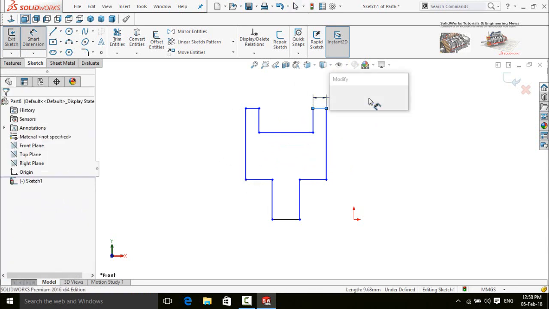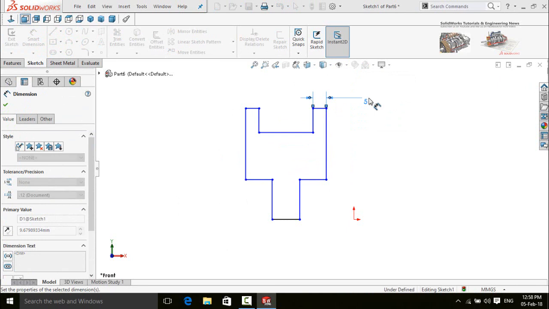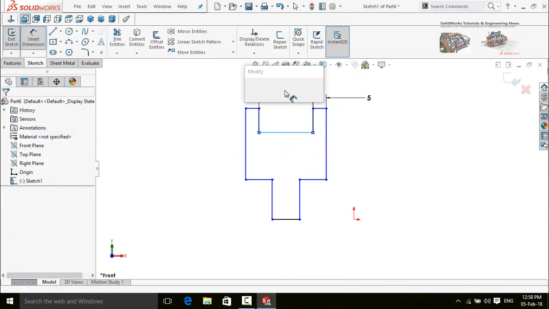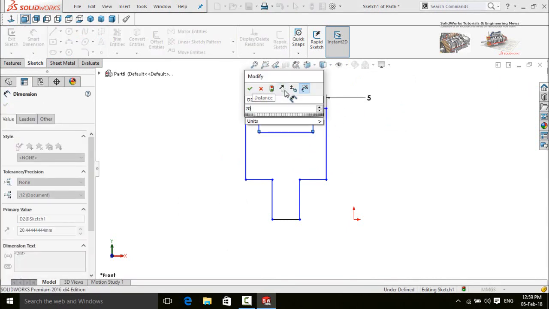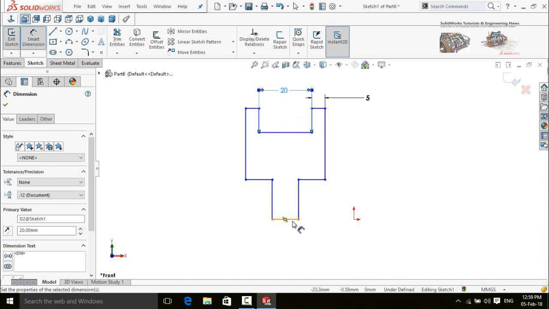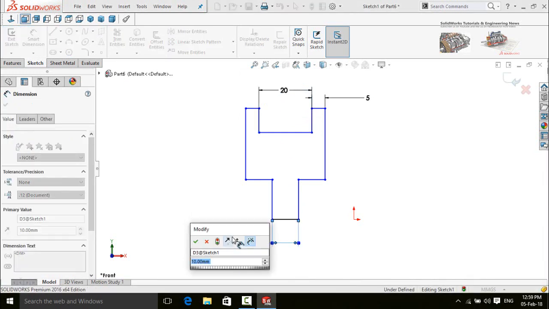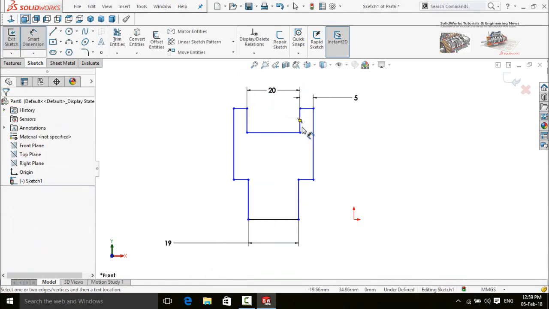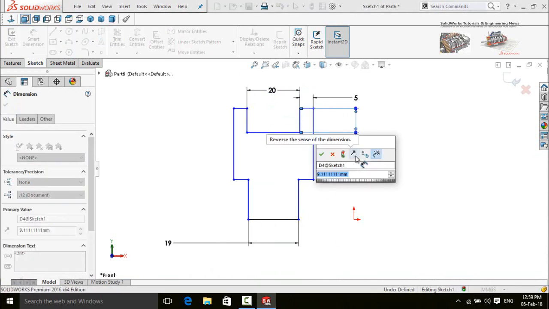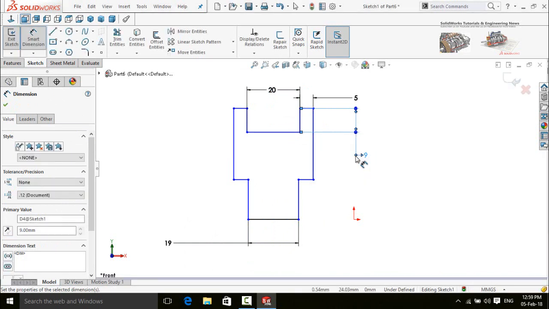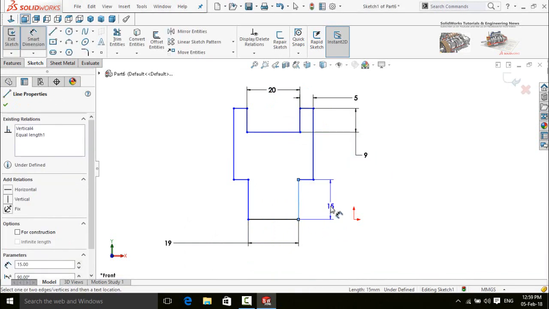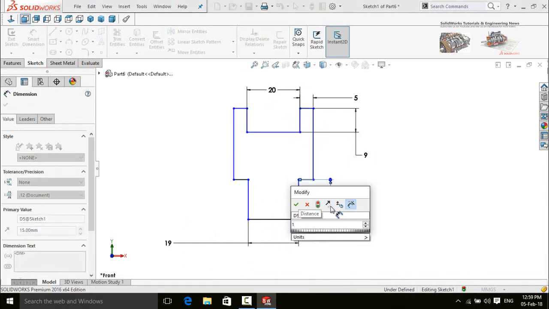Define it. This length is 5 millimeter. This length is 20 millimeter. This length is 19 millimeter. This length is 9 millimeter, and this length is 10 millimeter.